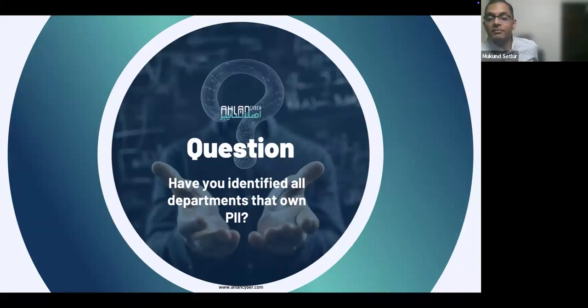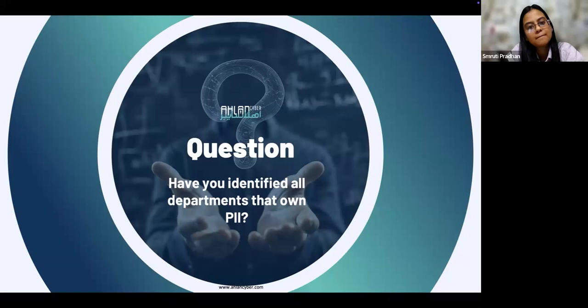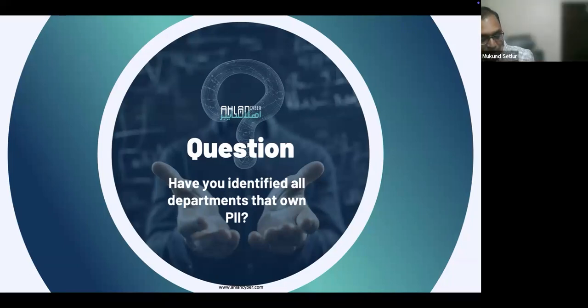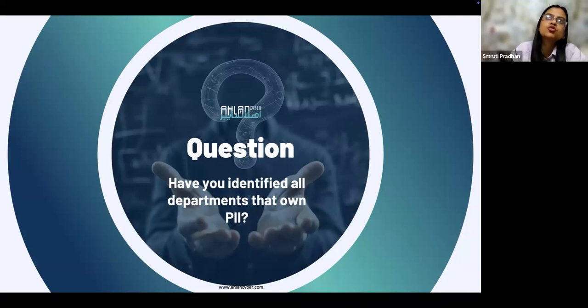Priti, so it's 31%, which is according to me a good number, have said that they have not been able to identify departments that own PII. And 69% say yes, they have. Is it in tune with what you observe with the clients, or do you sometimes listen to the clients and they say yes, we have identified, but then you find gaps? Just talk us through it for maybe a minute. Yes. So I'm not very surprised with the polling result, because I understand, because privacy, and we understand, right?